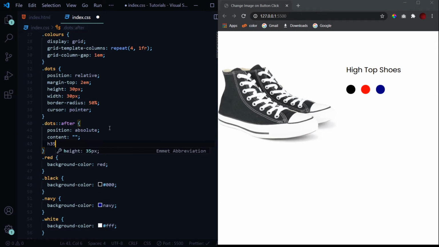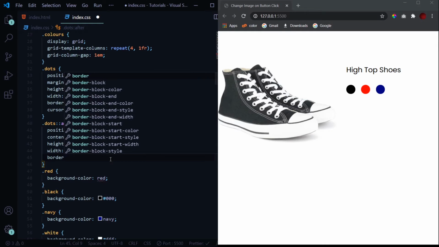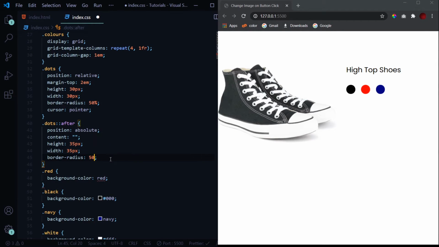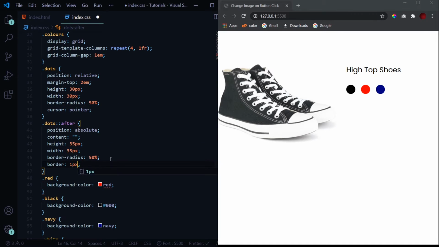A height of 35 pixels, and as well a width of 35 pixels, because it should be a bit bigger than the original size of the divs. And then a border radius of 50%, this should be round as well. And at last a border of 1 pixel solid gray. So you see right now we have got these, but they are not perfectly positioned.